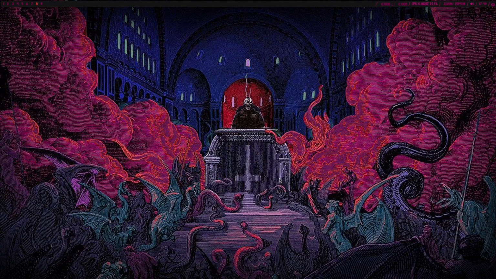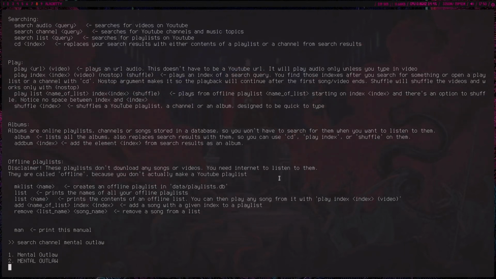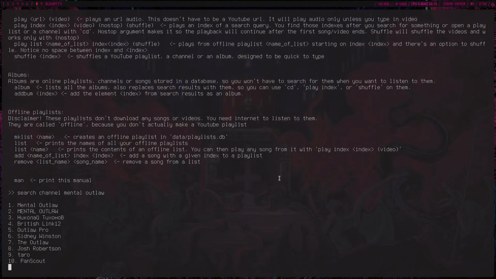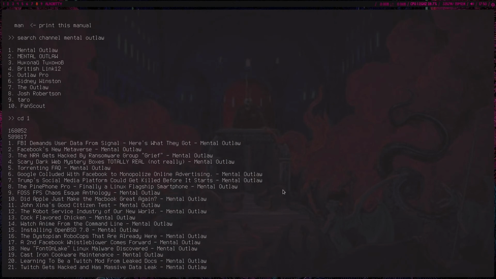And the next script I made is a script for playing YouTube, and this script was the most popular thing I've ever done in my life, because it had like 30 stars on GitHub, and you can search things on YouTube with it, like search channel mental outlaw, for example, and it will search channels, and then you can use commands. And you know what, actually screw that, because I've just remembered that this is written in Python, but I've made